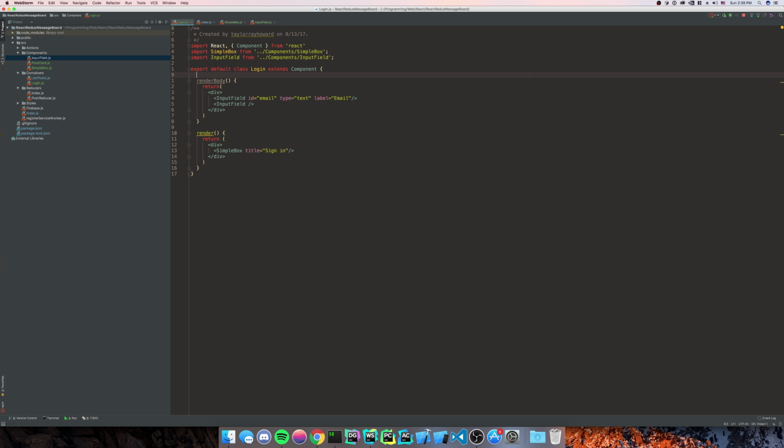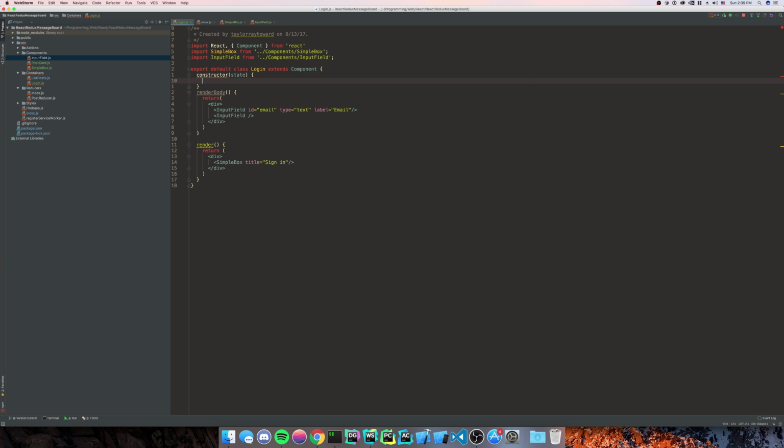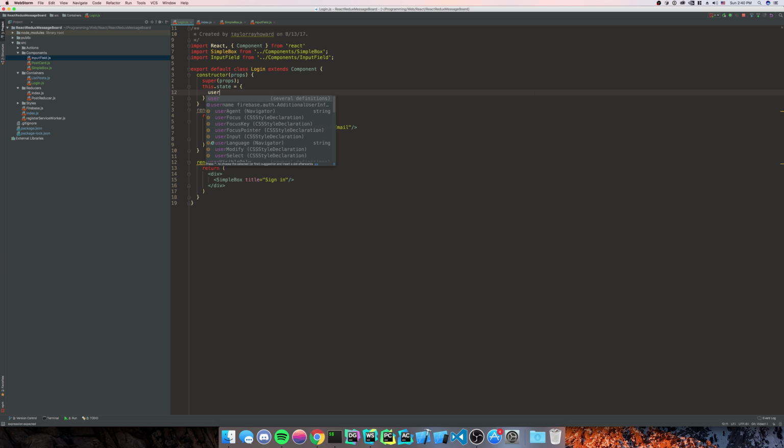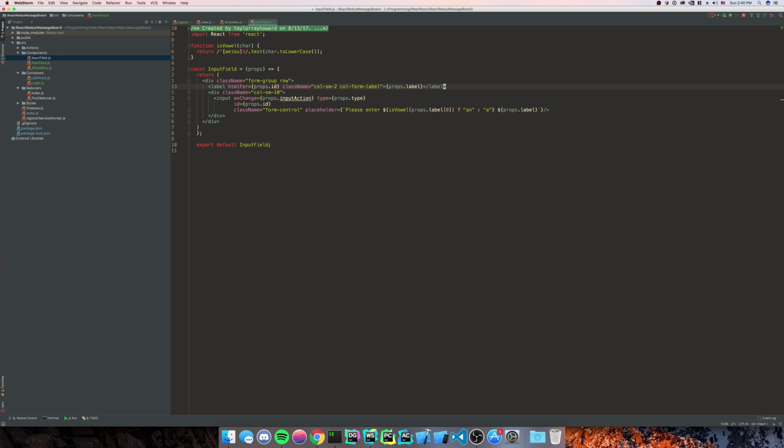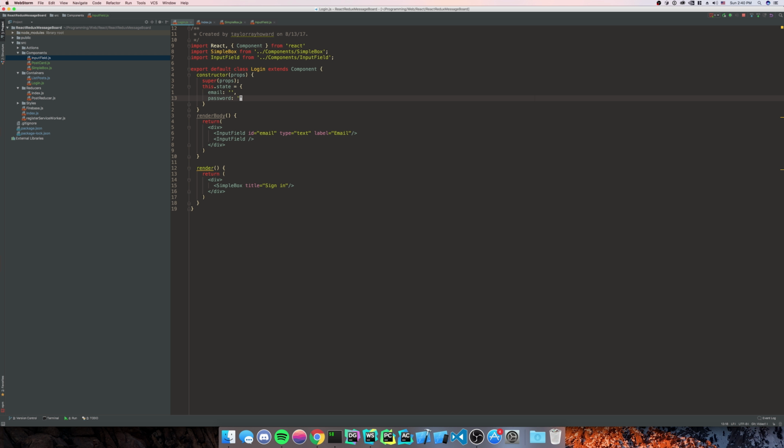And if I'm storing it in the React state, I'm going to need the constructor. And then we're going to do super state. Oh, actually, well, it doesn't really matter, but it should be props, not state. And then we're going to do this dot state is equal to user, or actually email and password. So we have our email, we have our password. So for our function of input action,